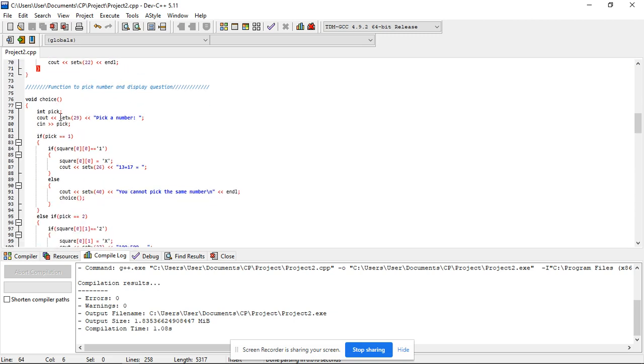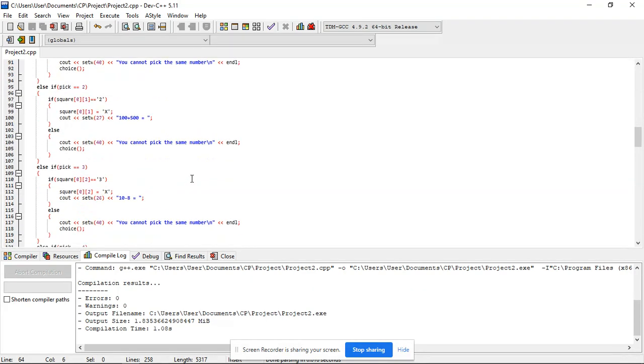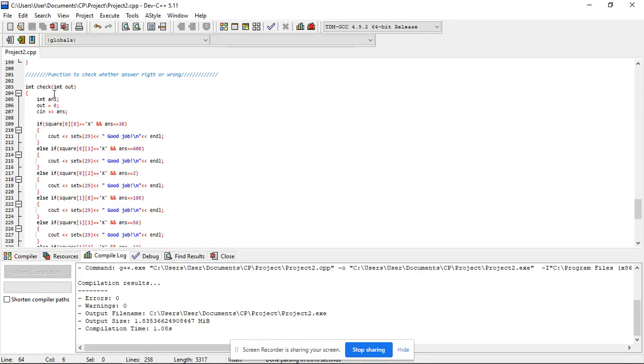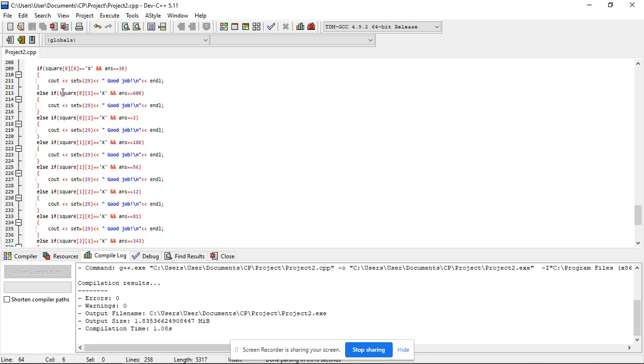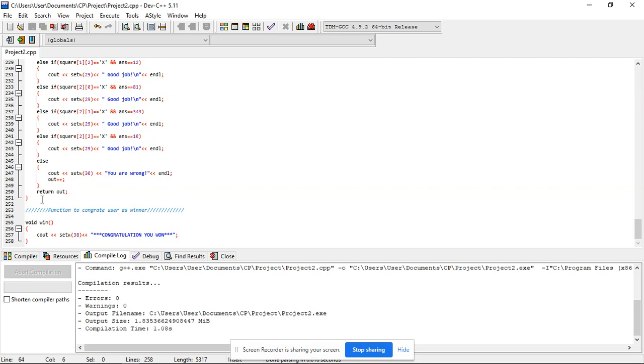In the choice function, if you pick a number, like I told you in the flowchart, then the check function checks whether your answer is right or wrong. It is a selective that returns out back to the main function, and then a function to calculate what you're using. Okay, so to run the program,